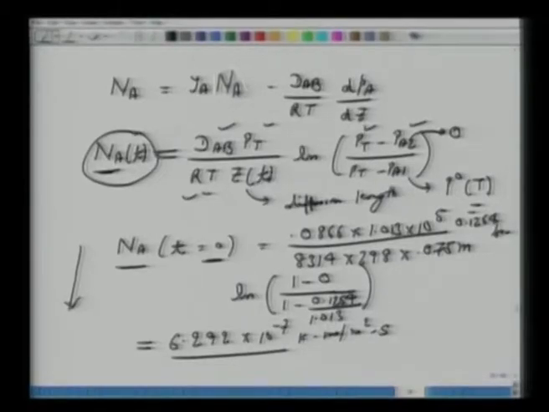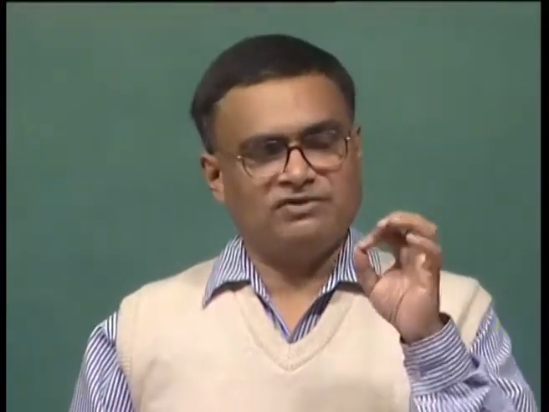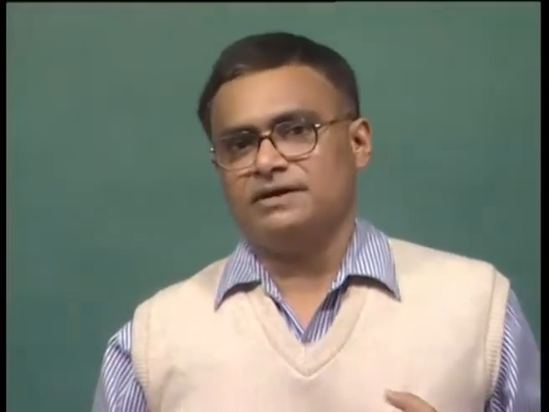The second part of the question is even more interesting. The second part was, how long will it take for the level to drop from Z1 to Z2? As we said earlier, if the level changes, diffusion flux also changes with time, and the concentration profile also changes with time. So in reality, this is an unsteady state problem. If any one variable in a physical system changes with time, the overall problem is unsteady state. But we are going to make use of the well-known quasi-steady state or pseudo-steady state approximation.